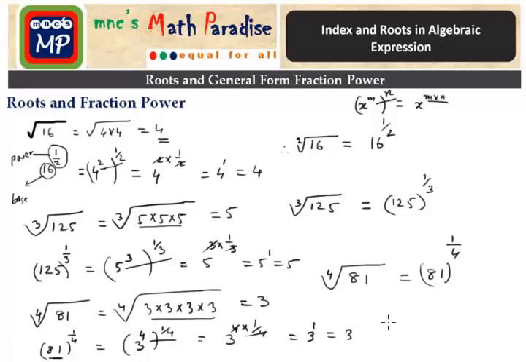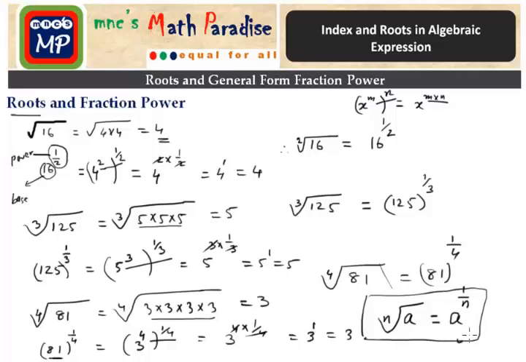So power root is converted into 1 by 4 power. So in general we can write that nth root of a, that is anything nth root, is the same as a to the power 1 by n. So 1 by n is a fraction power. Using this relation, we can convert any root into fraction power, or any fraction power of 1 by n type into root. So from these three examples, it is clear that if we have an nth root of a base, then we can convert it into that base to the power 1 by n. So this is the relation between any order of root and fraction power.